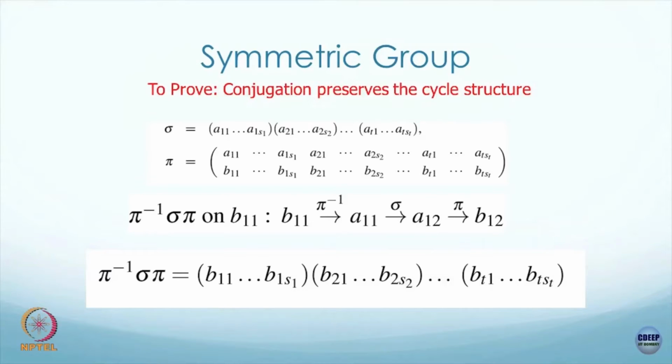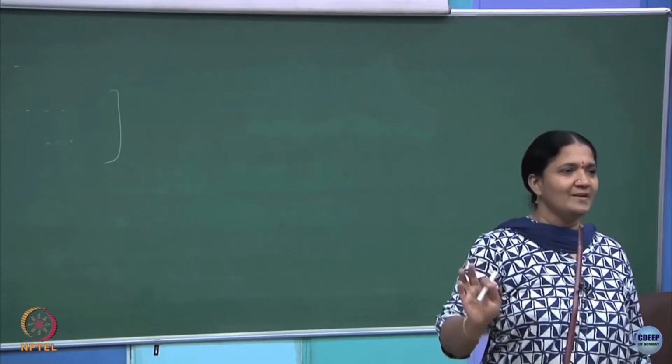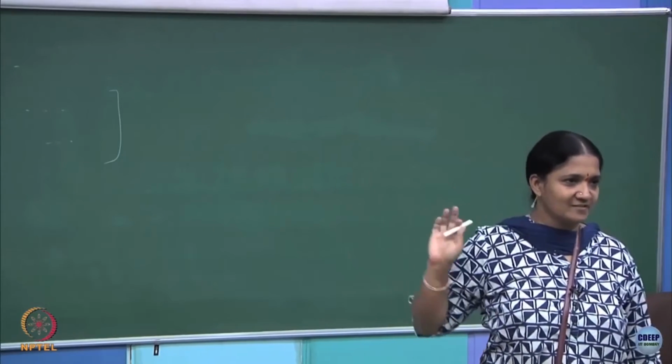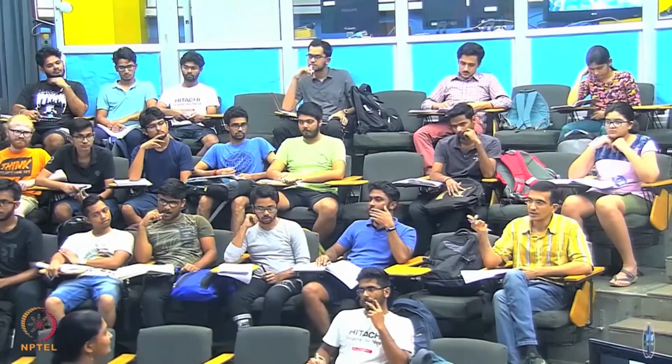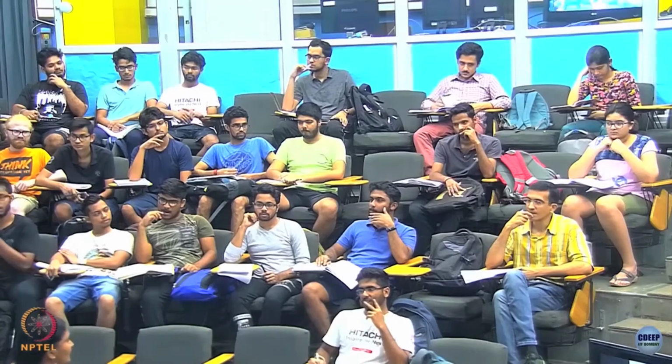I am just taking one object among the n objects, and I have defined what the pi operation is and what the sigma operation is. One object which I am just looking at, I am calling B11. The pi inverse operation on B11, I know what it will do. That is what I am proving. It is just a specific example. Any arbitrary permutation element will have some cycle structure, for example an S1 cycle structure, S2 cycle structure and so on. I am doing it for a particular element; I have not finished the whole thing.